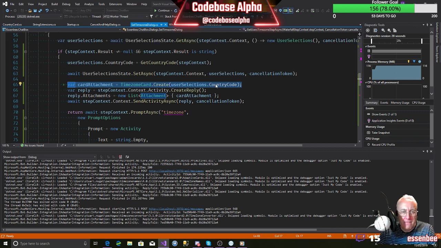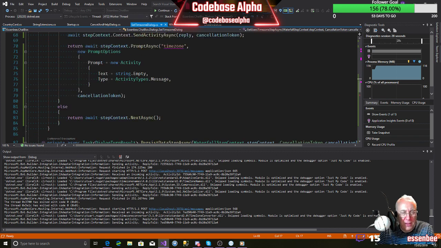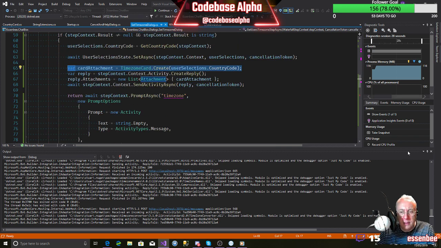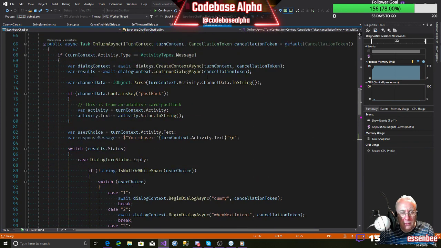Okay. So we've got a breakpoint there, but let's go over to our chatbot class and stick a breakpoint. So it's this, you see, because we're trying to detect the postback, but the user didn't get a chance to post back by pressing the submit button on the second adaptive card, because it already said, well, I haven't got a postback, but I have got some text.